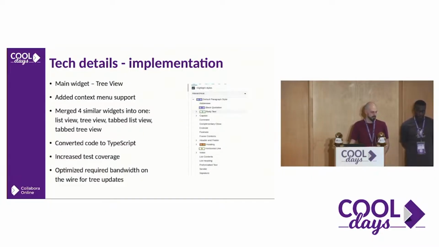And we had previously many different implementations of very similar widgets in Collabora Online, some of them were structured into the table, some of them were trees, and some of them were simple lists. We merged all of these implementations into one model, so now it's easier to maintain,